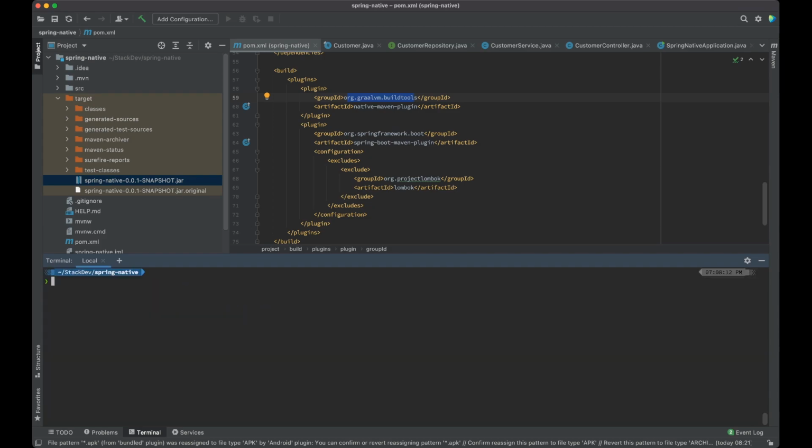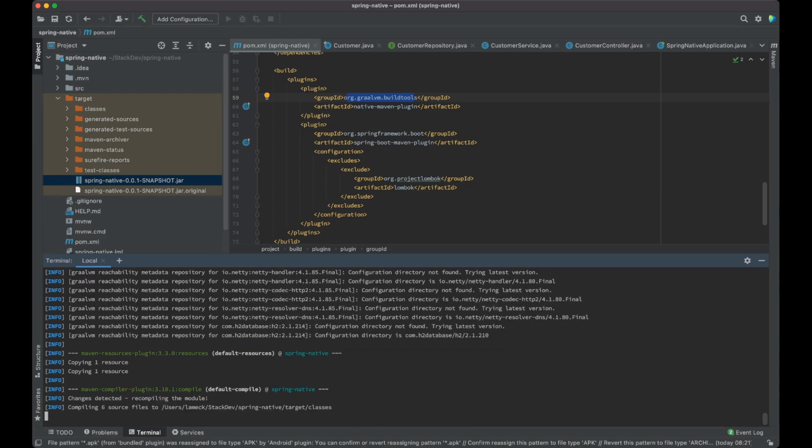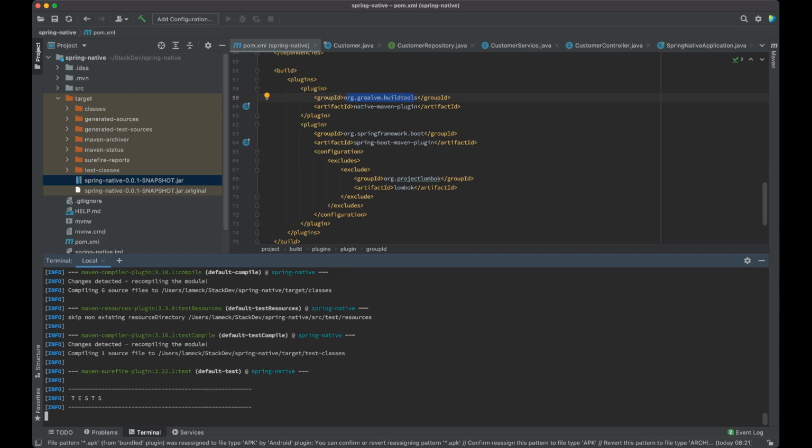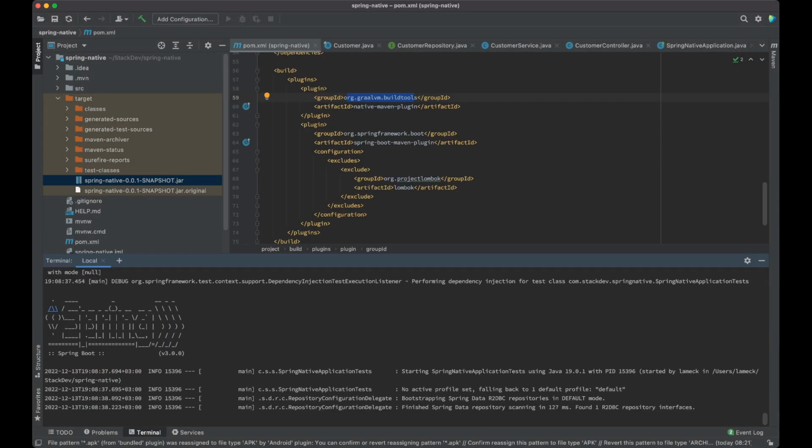The way you do it is simple. You say Maven package, and you need to add a profile called -Pnative if you're using Maven. It's something else if you're using Gradle. So if I say -Pnative, what I'm expecting is that GraalVM is supposed to be used